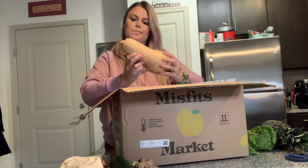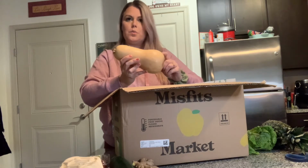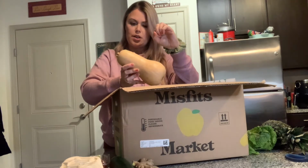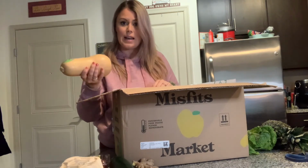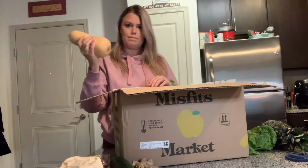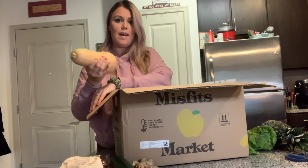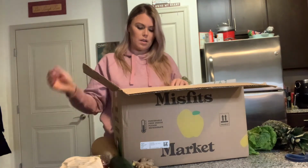Butternut squash. It's doable. I like to buy the pre-cut frozen butternut squash at Aldi. It's awesome because butternut squash is a pain to cut. I don't know the best way to cut it. I cut it when it is not cooked yet, and it's hard. Like it's a hard little squash. So anyhow,